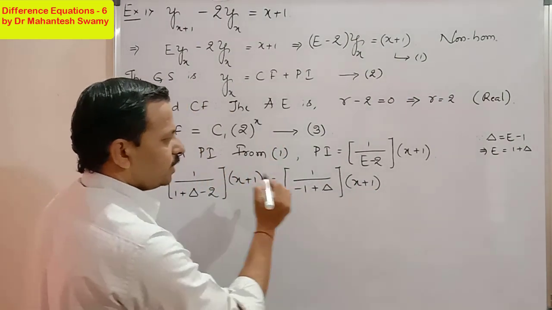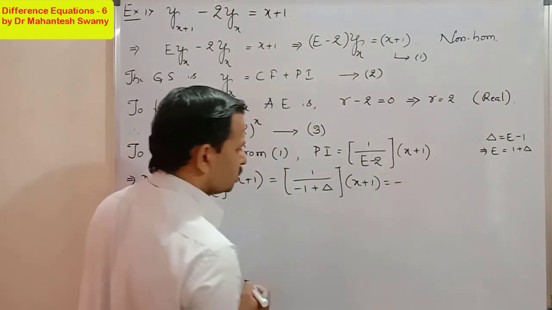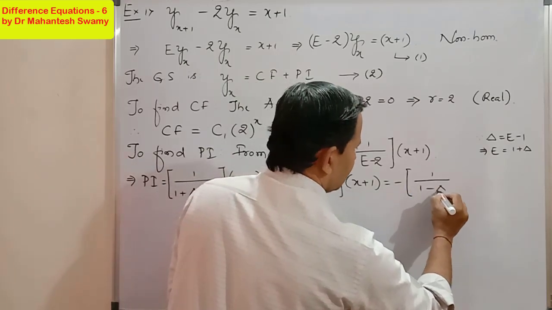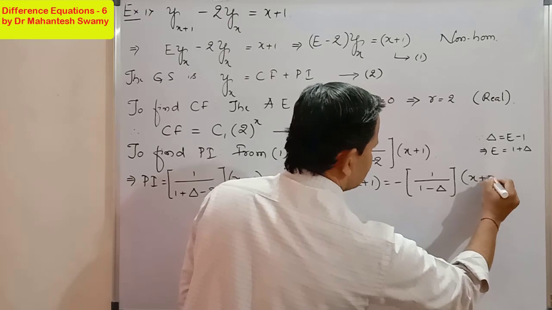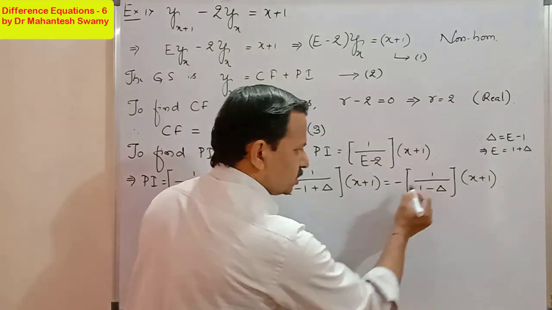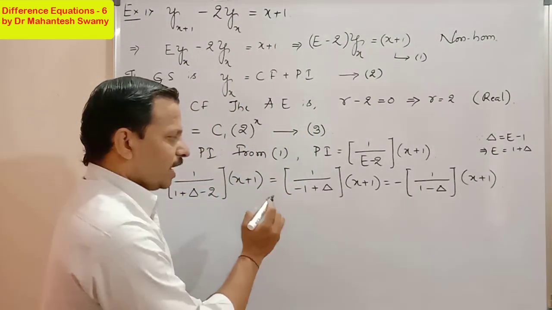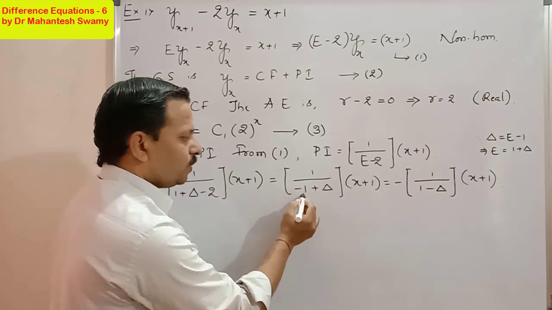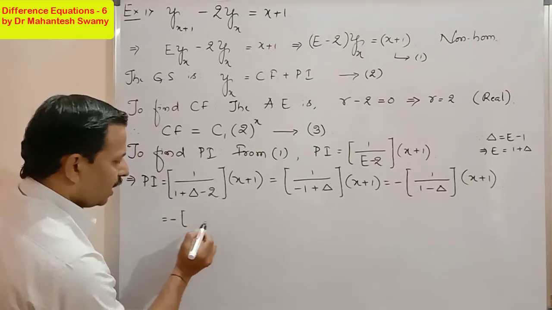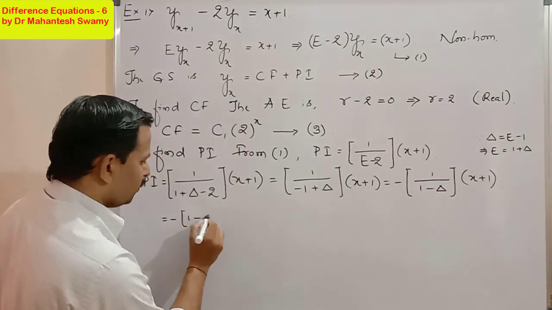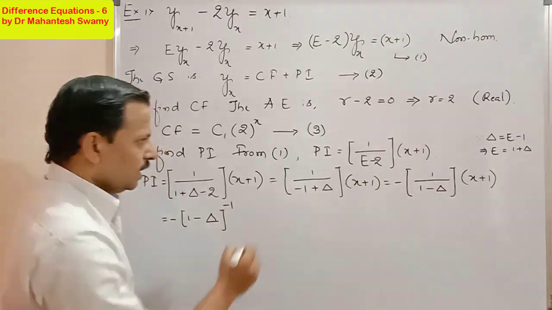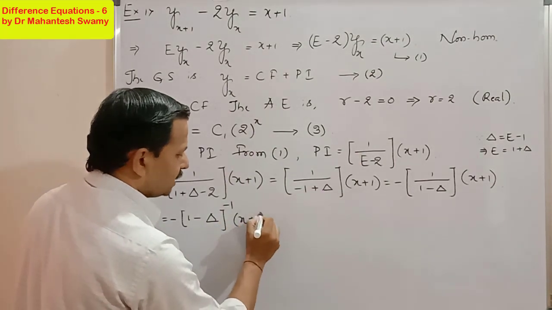Now taking this minus sign outside, in the bracket it will be 1 divided by (1 - Δ), and here this x + 1 as it is. Simple thing I am doing here, I want to have 1 in the first position, therefore I am arranging the terms. What I have done, I have taken the minus sign common, so I got 1 - Δ there. So now this is minus, I have to take this (1 - Δ) to the numerator. If it comes to the numerator, it becomes (1 - Δ) to the power -1 into that bracket x + 1 as it is.